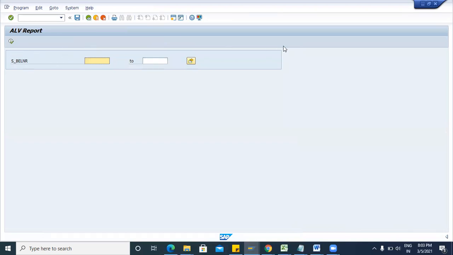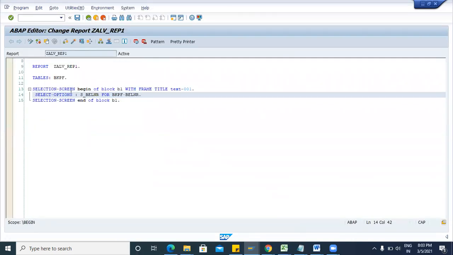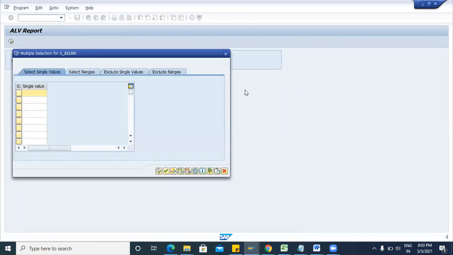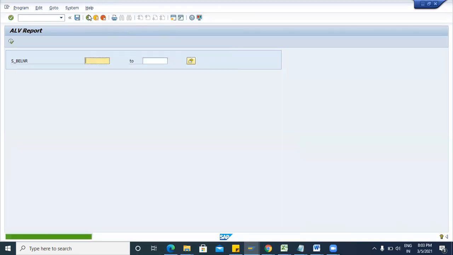This is the selection screen box. If you are not using the selection screen block, then it will show you only S_BELNR. So first we have declared a block with selection screen begin of block, and in that block we are using select-options. Select-options is for multiple input. Here you can give multiple document numbers.